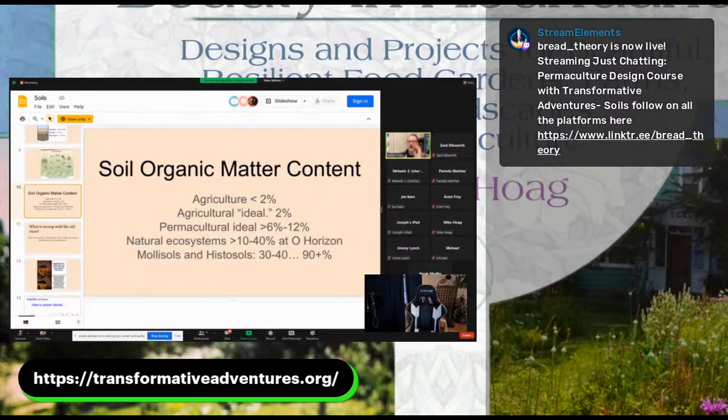So these special soils, like wetland soils, can be as high as 90% organic matter in some cases, and just a teensy bit of weathered rock particles and minerals. So a lot of people have put a number on the permaculture ideal at between 6 and 12%. That's just one that Bill Mollison used. I think Jeff Lawton has used that too. So it's just one potential ideal, 6 to 12%.